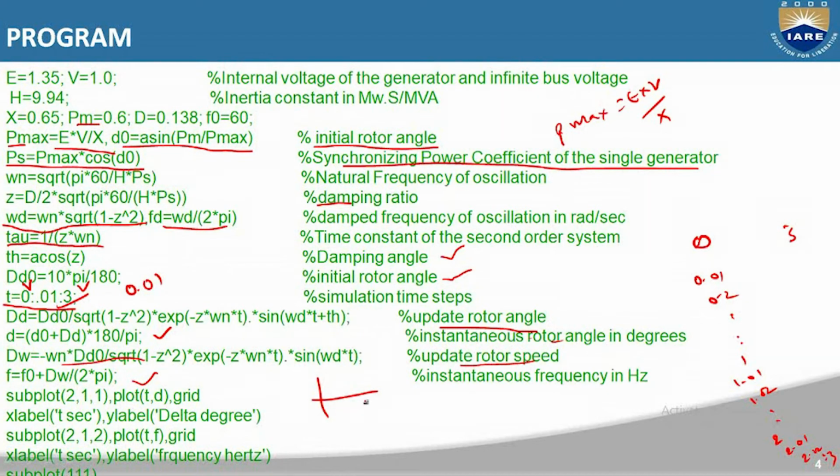Next, plot the graph between T versus D. In x-axis T, y-axis D. So T in seconds, delta D in degrees. Next, second graph, to draw the graph between T versus F. So frequency in hertz and T in seconds. So this I will show you